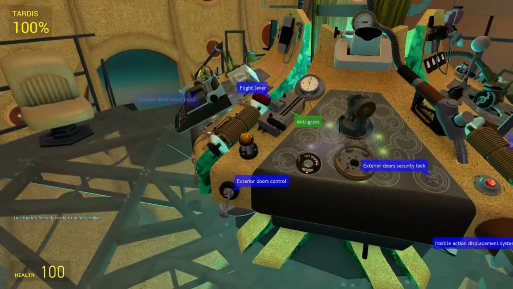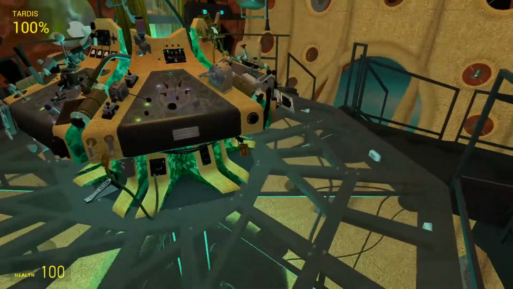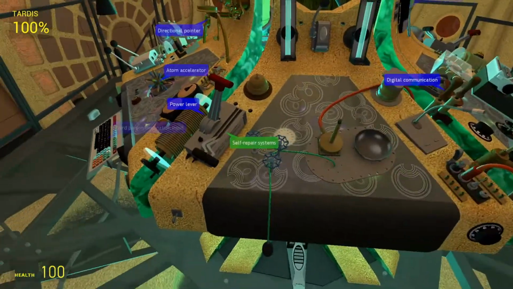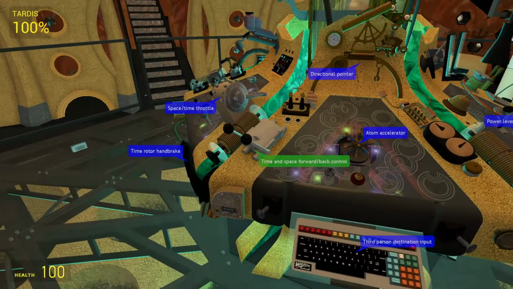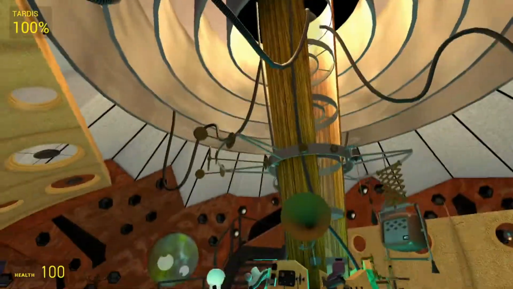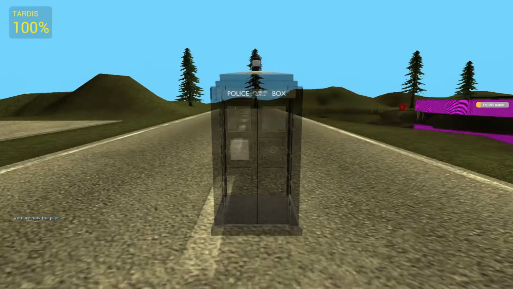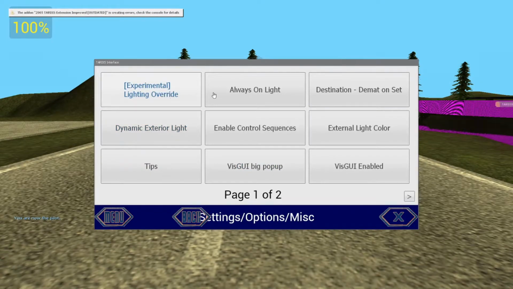So the wibbly lever's next. Anti-gravs. They just look around the console. This one, and then throttle. The lighting has changed, but the reason for that is, I think, if you can see, when I went onto here,